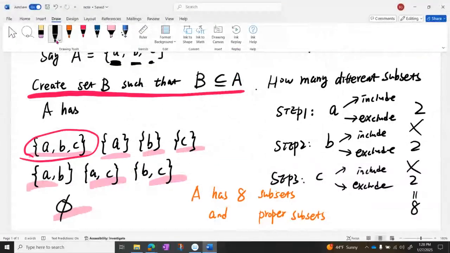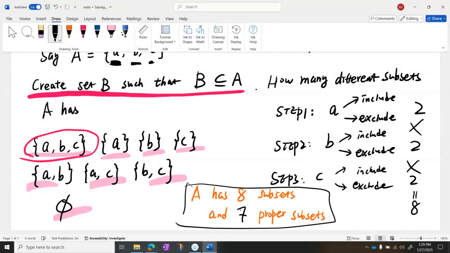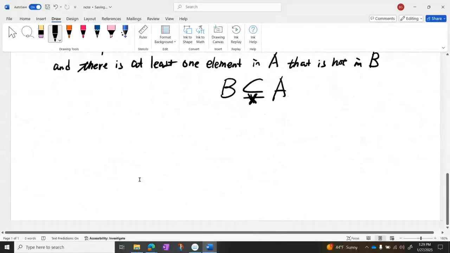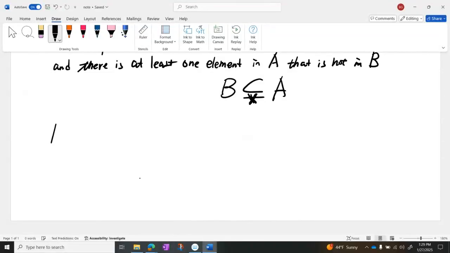So the number of proper subsets is always 1 less than the number of subsets. This set has 8 different subsets. It has 7 different proper subsets. Okay. I'm trying to derive the formula for finding the number of subsets for a given finite set. Let's consider this similar situation. A has a sub 1, a sub 2, up to a sub n, this many